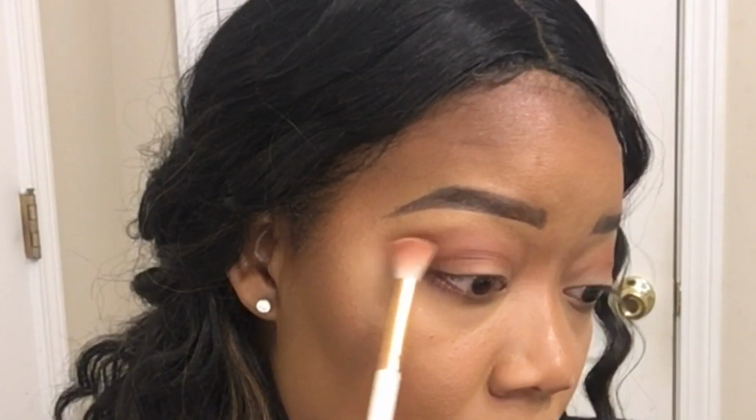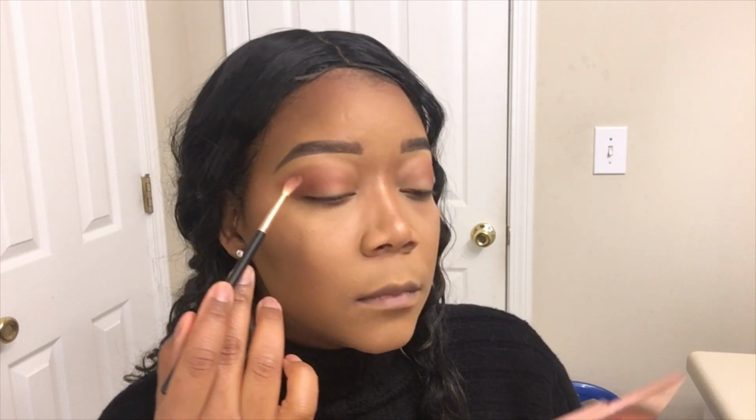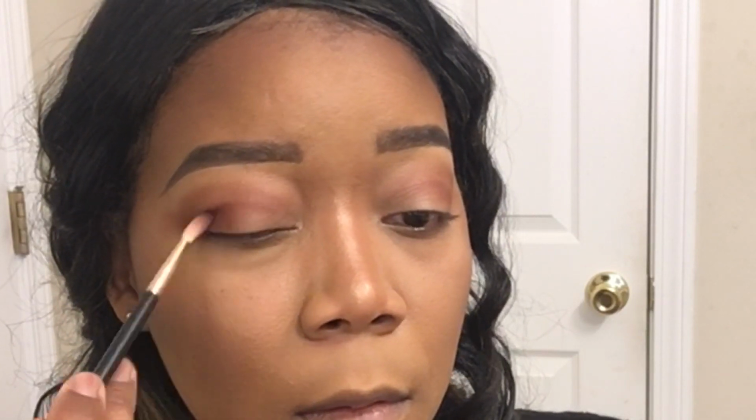Blending, blending, blending. All right, next I'm gonna pick up this kind of plum purplish color after I go back in with my transition color. It's called Enchanted, and this is such a really pretty, rich, purpley brown shade. They don't necessarily have a deep brown in here that would look cute on me, so this color Enchanted really looks good with brown eyes or